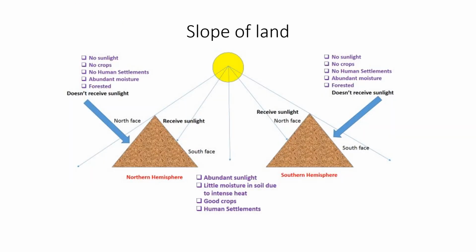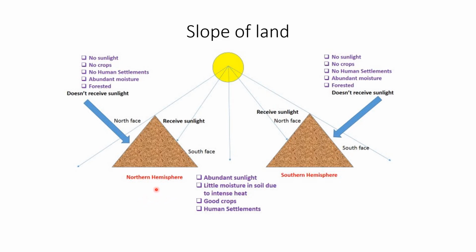The slope of land influences the temperature of a place. For example, an area with a steep slope experiences a more rapid change in temperature than a gentle one. The effect of slope of land is more dominant in the temperate zone, where insolation is more oblique. In such regions, the slope of land becomes the crucial factor for the location of settlements, plantations, and other human activities. Now let us understand the effect of the slope of land with the help of this diagram.